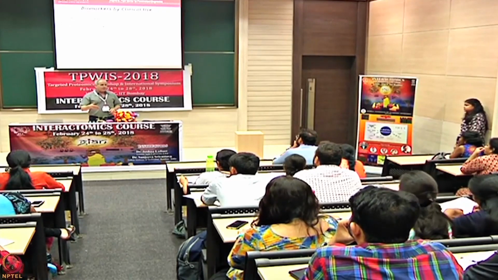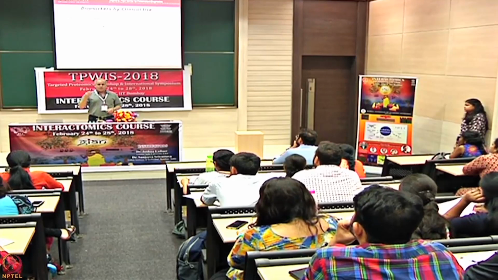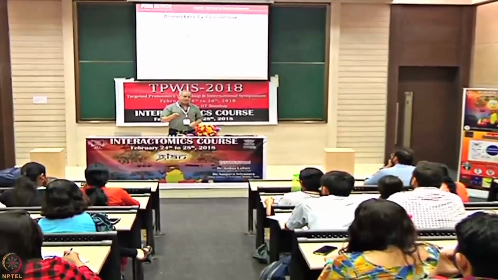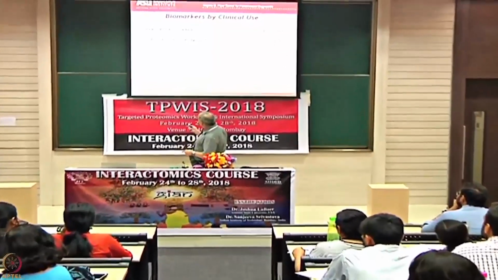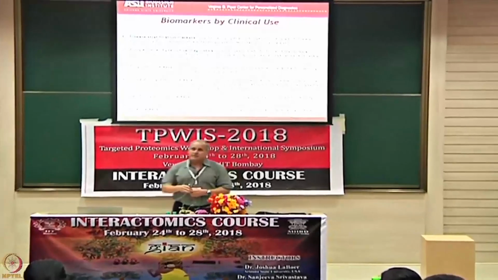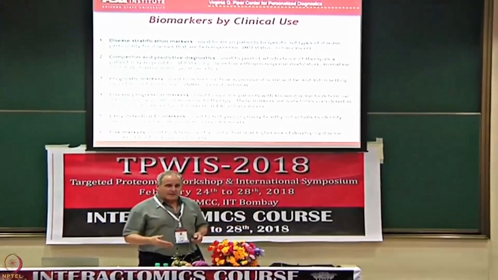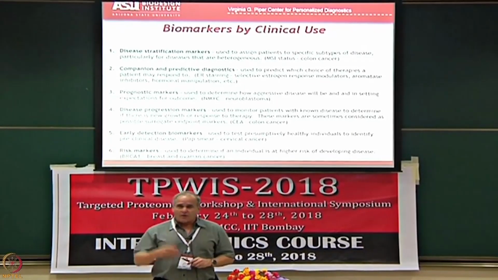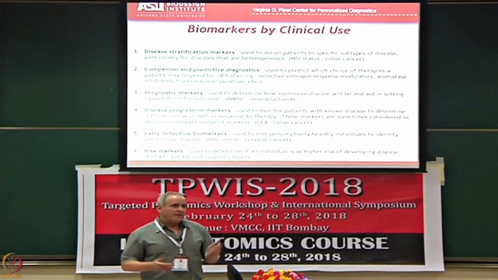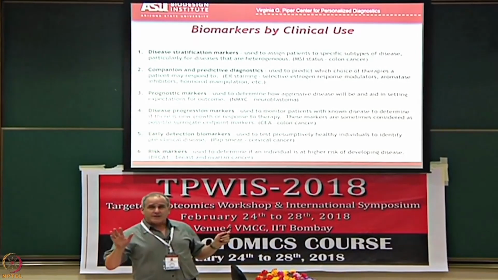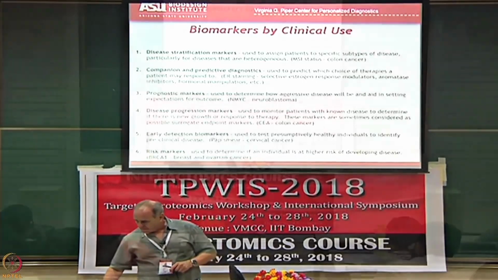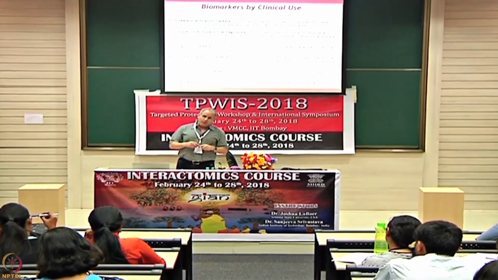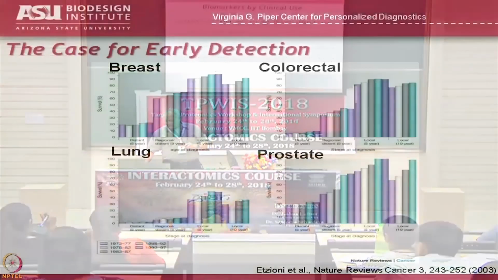If you do a pap smear on a woman, you're looking for the presence of neoplasia right now and asking, does she have the possibility of cervical cancer? If you do a risk marker like a BRCA1 test, you can't say that the person has breast cancer. All you can say is that she has an increased likelihood of getting it. Okay? So getting your genome sequenced, that's a risk marker. That's not a disease detection marker. So certainly, I'm a big believer in this early detection biomarker, mostly because I think it will have important outcomes.